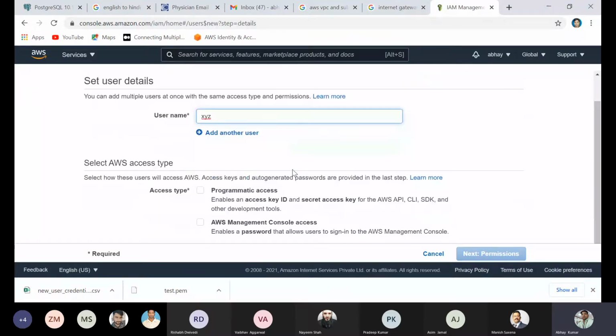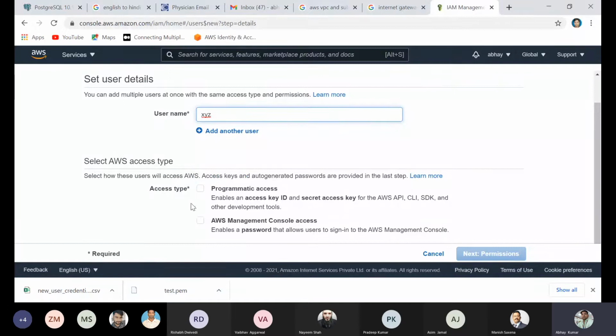That is my user, and here is the main thing, the access type. I can choose programmatic access using the key ID, AWS API, CLI, SDK. You can select from here also, but it is not my requirement. And here you can also set the password. The password will be changed at the time of user login. He can change the password at that time.